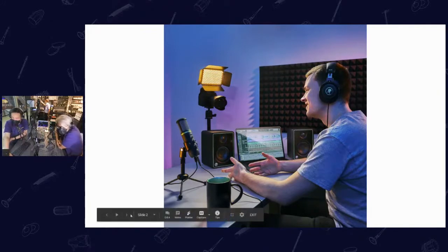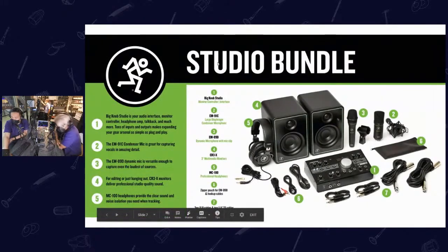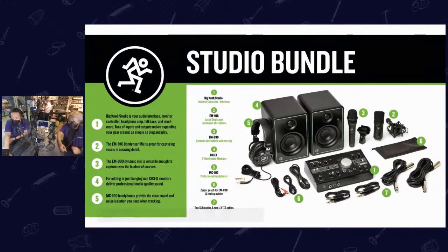Right. Okay, so that was the creator bundle. And this is the studio bundle. The studio bundle includes everything you will need to help other people make music. Because what this comes with will be, again, the speakers, the dynamic microphone, the clip, the condenser microphone, the shock mount, the pouches, the cables, all that stuff, and the big knob. Which I highly recommend. If you want to make a band in a box situation, you know,